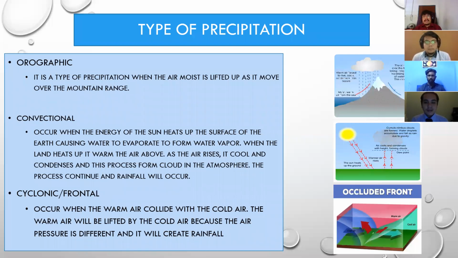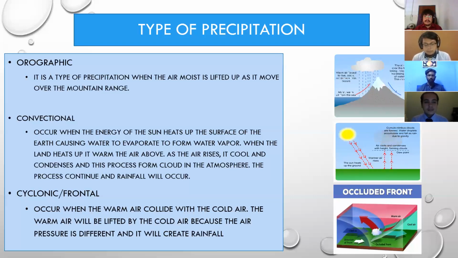There are types of precipitation, which are the downpour: orographic, convectional, and cyclonic or frontal. Orographic is a type of precipitation when the moist air is lifted up as it moves over the mountain ridgetop. Convectional occurs when the energy of the sun heats up the surface of the earth, causing